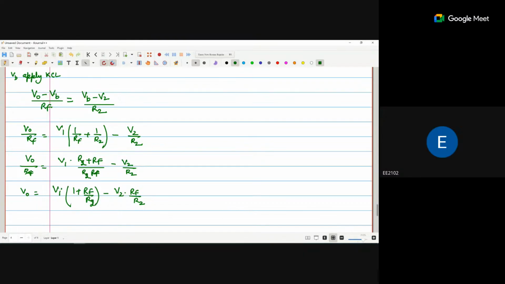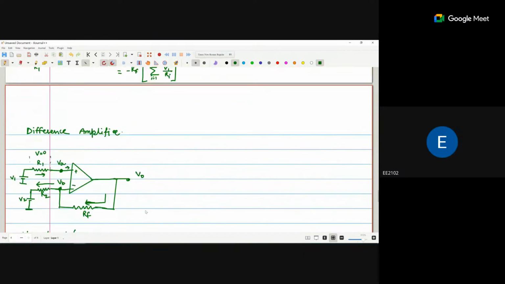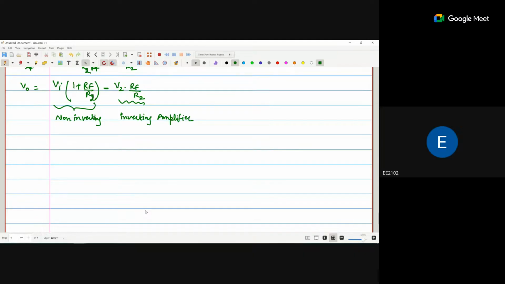Okay. So this term is because of the non-inverting amplifier, and this is because of the inverting amplifier. And there is a difference, so that's why it is called the difference amplifier. Now if I say that I have two voltage sources,